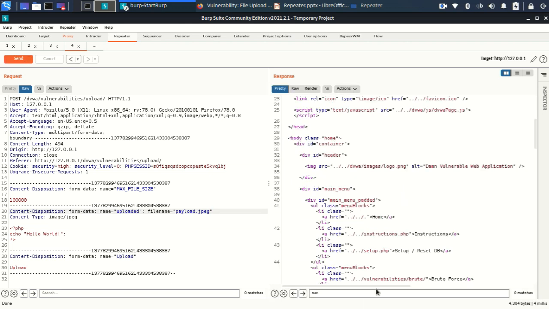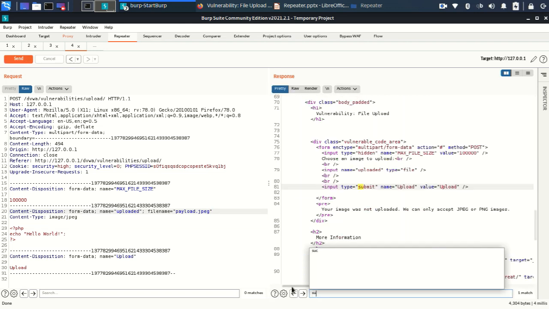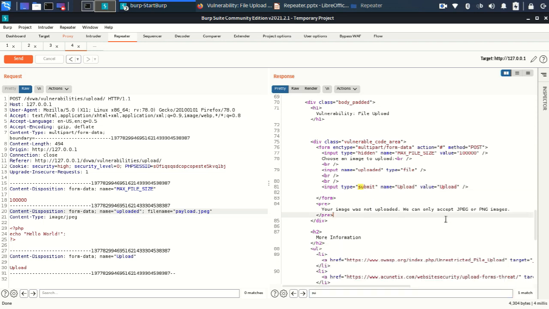That means we have to do one modification on the actual file, not just change the file name to payload.jpg.